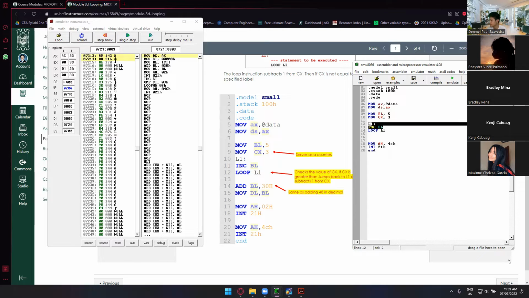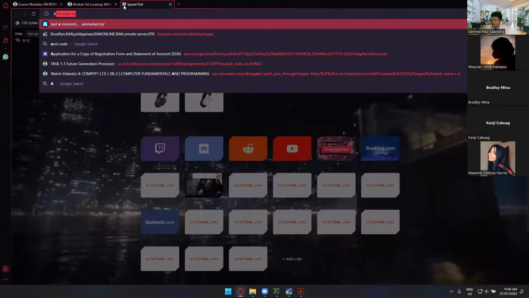Every time this loop is executed, it will increment the value of our BL, starting from 5, then it would go to 6, 7, and then 8, since it will loop 3 times. And add BL, 30H. We are adding 30H right here since, as I guess you already know, the BL value is 8, right? So in hexadecimal,